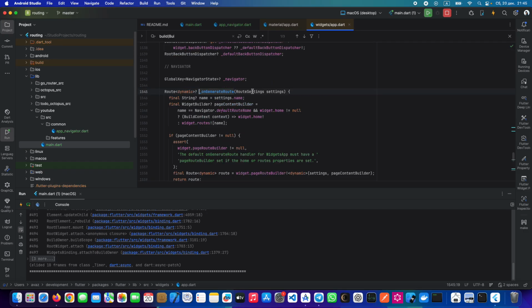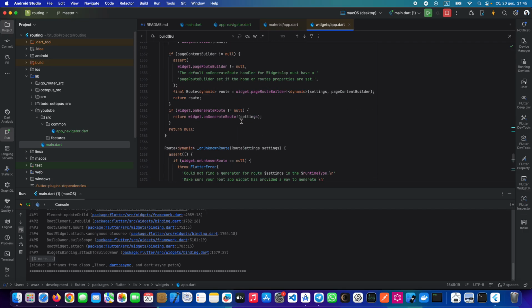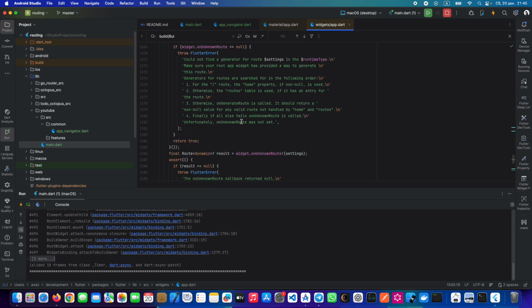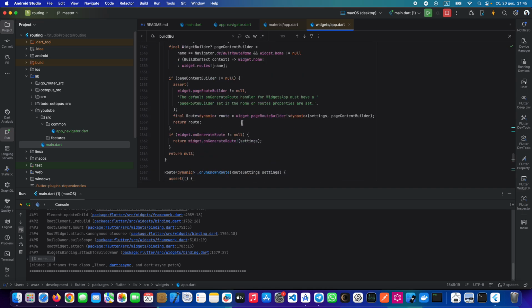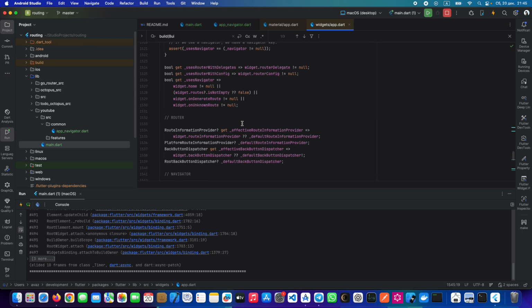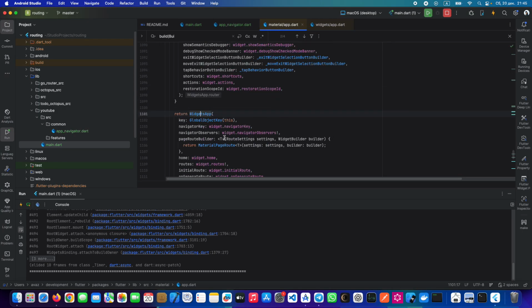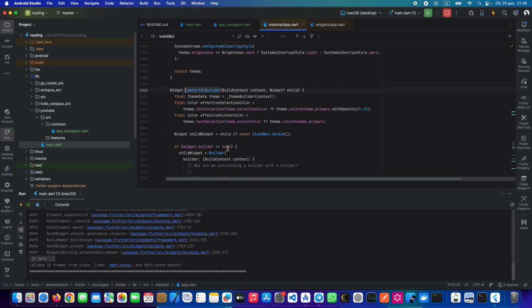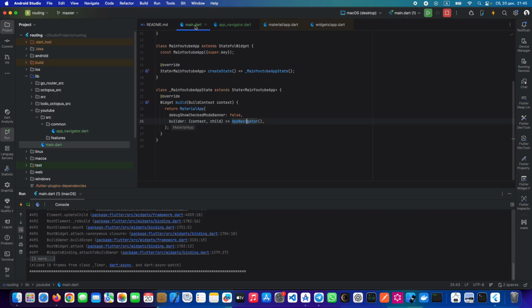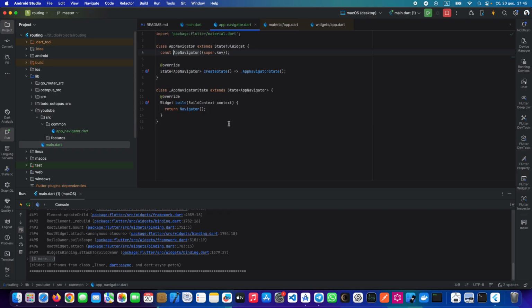On generate route, the navigator has, by default, a sized box created inside, so we couldn't get any error. Let me see, there is a material builder. See, this creates a sized box by default, so we couldn't get any error. If I go to our navigator, in the pages, if I put the sized box,